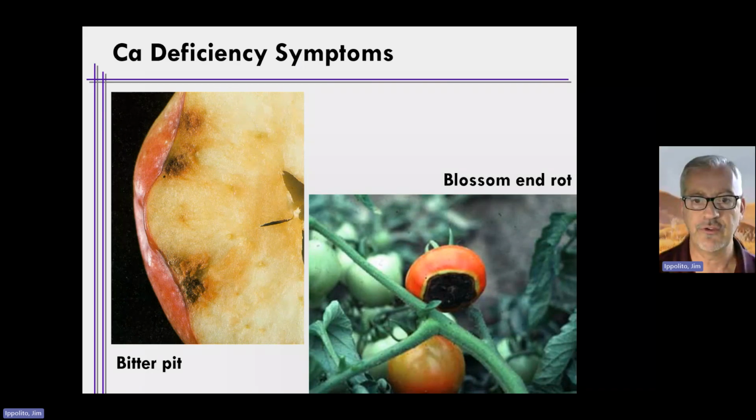So what do calcium deficiencies look like? In fruit, you might end up with an apple that has something called bitter pit. This is basically due to a lack of potassium. And I can't tell you exactly why this happens in apples, but I can tell you why it happens in tomatoes. And in tomatoes, we end up with something called blossom end rot, which is basically a lack of calcium,